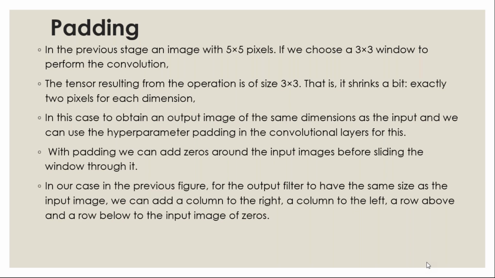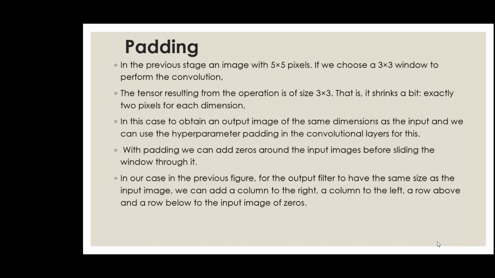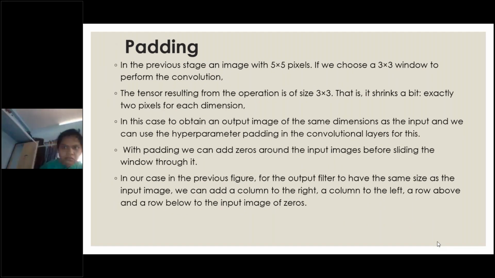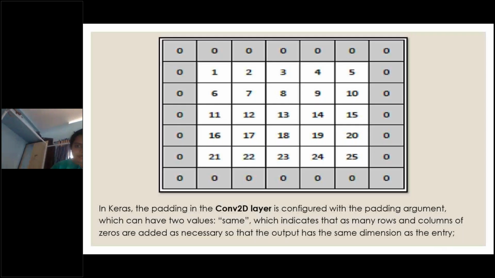So what do I have to do here? Here I have to fill the zeros. So that is the concept of padding. Padding is nothing but I want to keep the original size of the image, but after applying a convolution, my image size is reduced. So now what do I have to do? You have to fill the zeros in the empty spaces because this will not affect your image. So this concept we call padding.